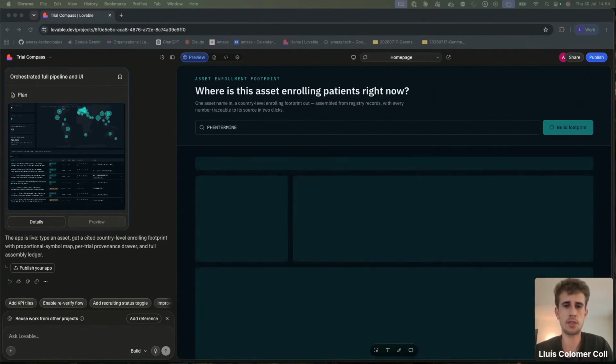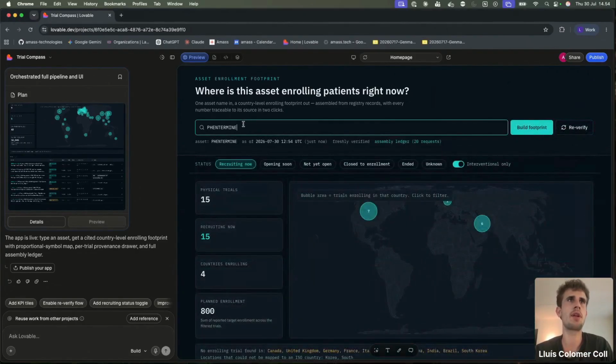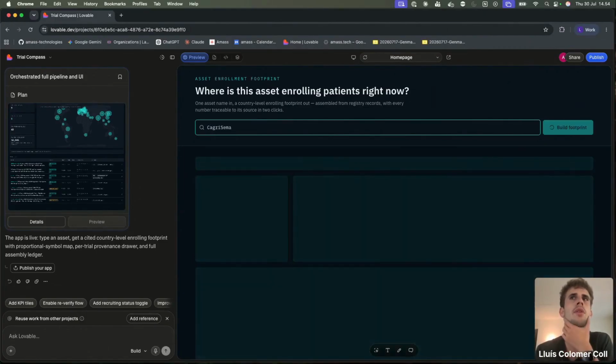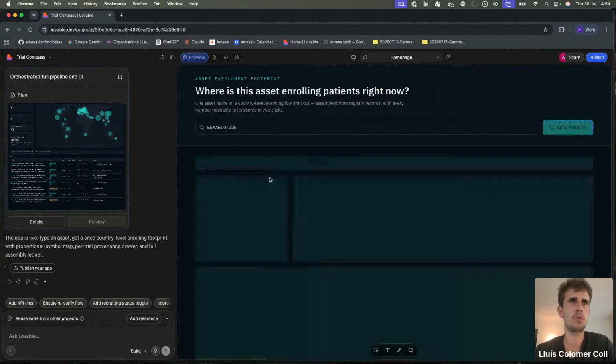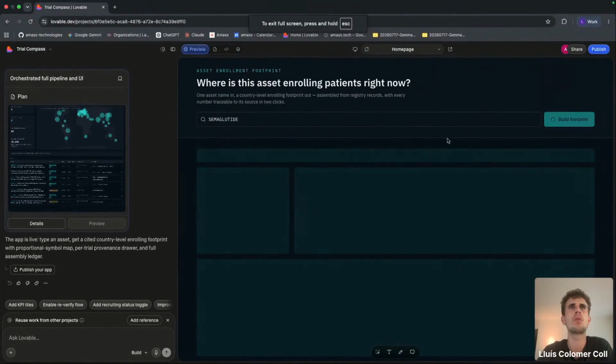Let's use something more relevant. Let's use semaglutide. And with this, we're going to close the demo. It's quite a big one, so it's fetching all the data from our API in a structured way.